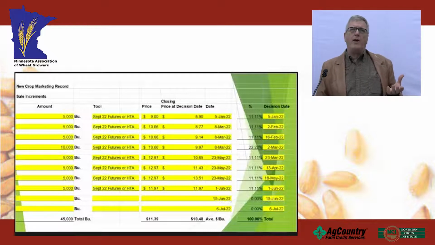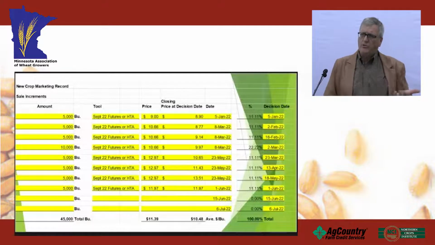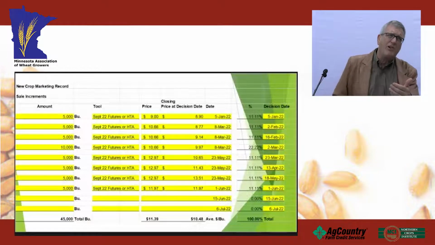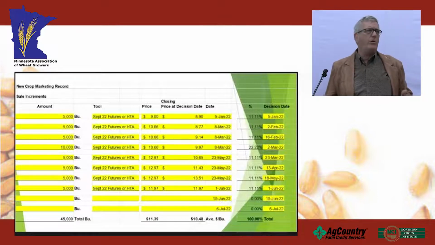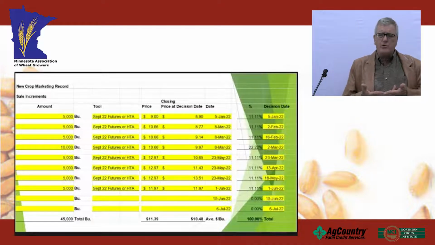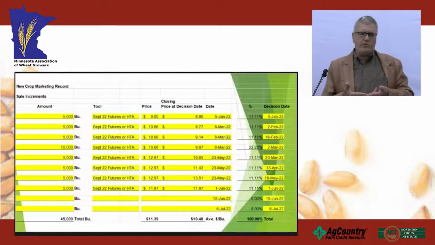Now, hopefully it goes up after that, and in this particular case it did, and we were able to achieve a higher price than the average during the month of February. So we cluster those sales around that, and then we stagger them out until sometime early July. But in this particular case, we didn't have enough bushels to sell as long as we were sticking with futures contract size, hedge-to-arrive, or futures contracts. So we left a couple of decision dates on the table,